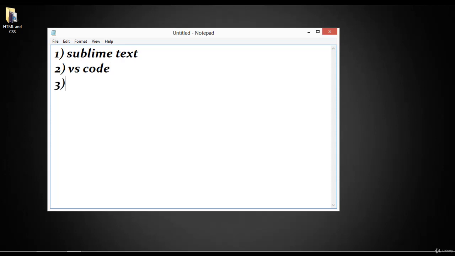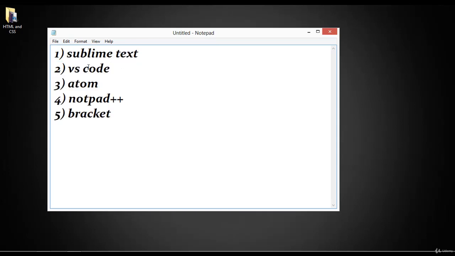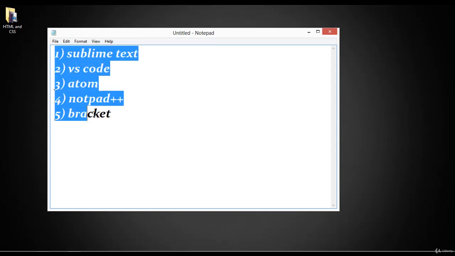On number 3 we have something like Atom. On number 4 we have Notepad++. On number 5 we have Brackets. So these are the 5 famous, or you can say popular, code editors that we can work on